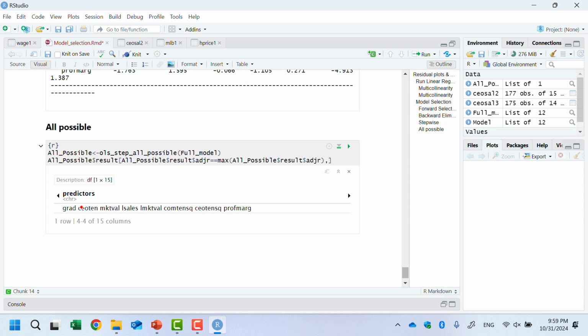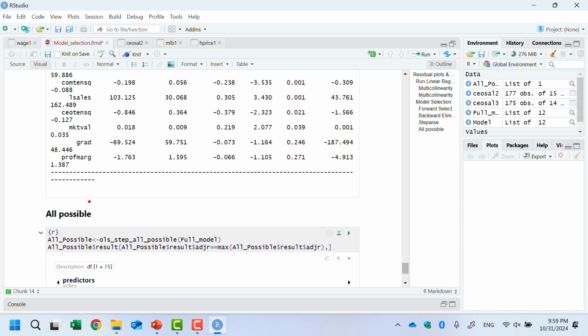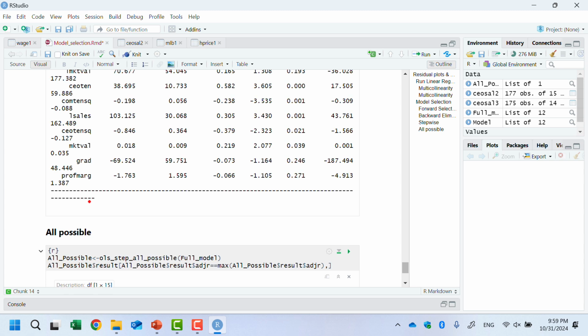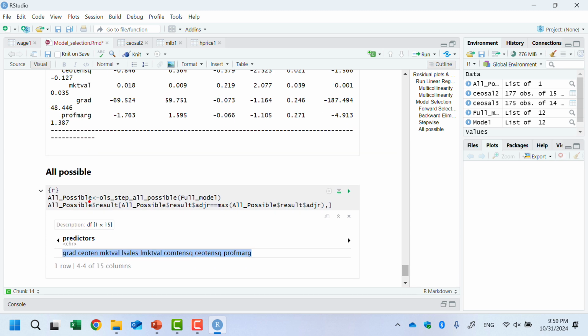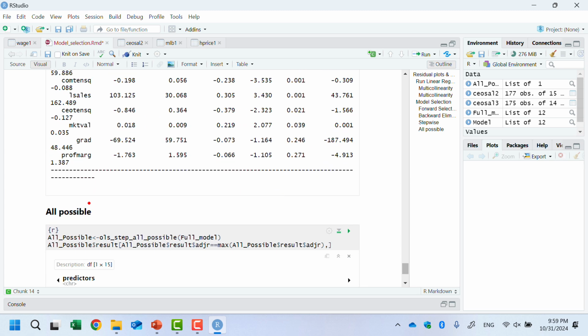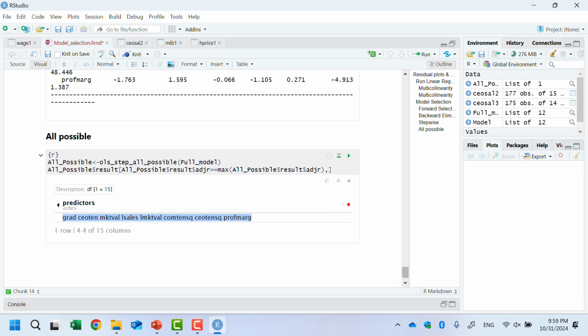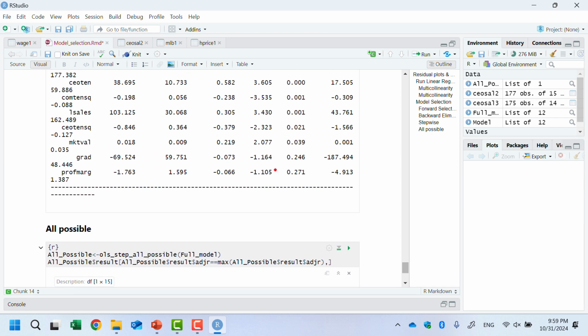This model chose 8 variables. I'm not sure whether this is the same as the earlier one or not. It looks the same, but you have to check whether it is exactly the same. And if you keep moving, the R square is 41%, and the adjusted R is 38.5.